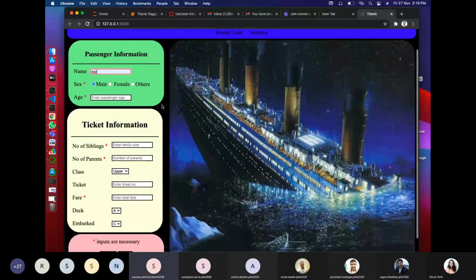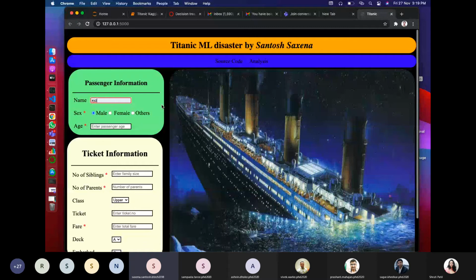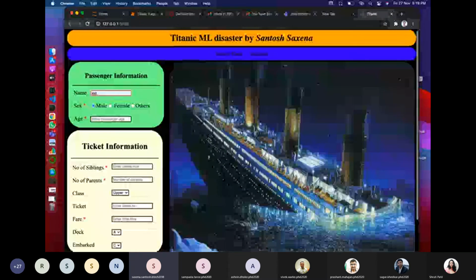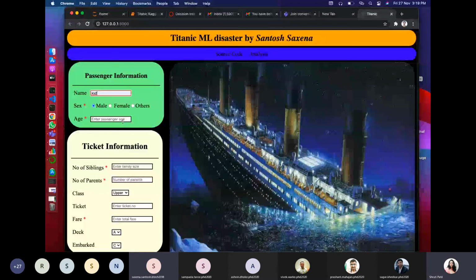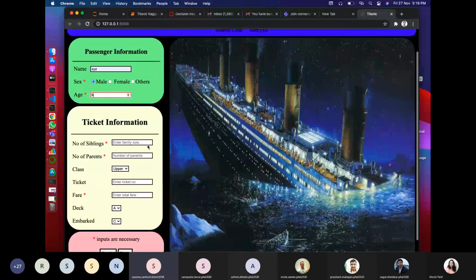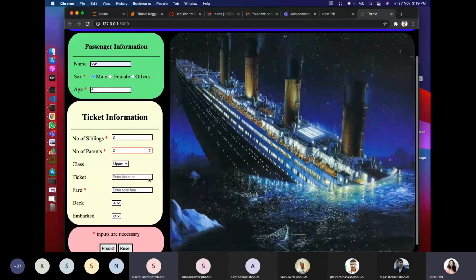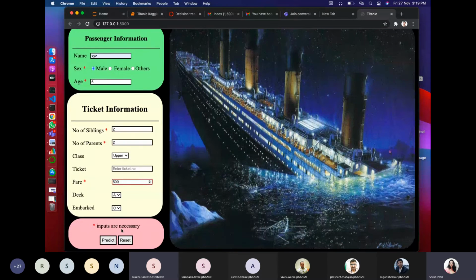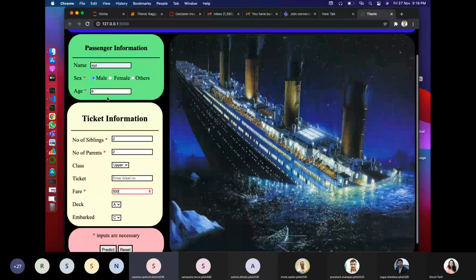This is a web application in which this AI model is embedded. Let me put in some ages and fill this column. All the star-marked values are necessary; if I miss any, it will give me an error. Okay, let me predict.